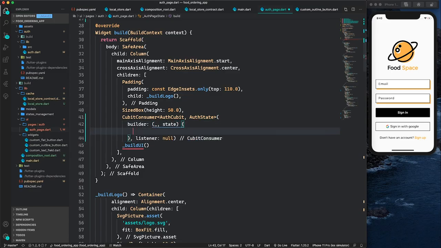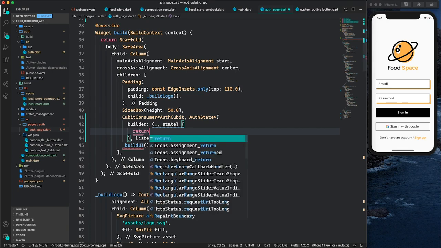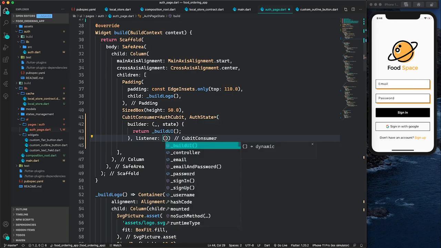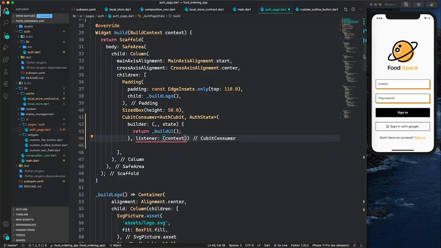Here I am going to say return my build UI method. So it doesn't matter what the state is, I want to build the same UI. So the difference is really inside of the listener. So inside of the listener itself, which accepts a context and also the state,